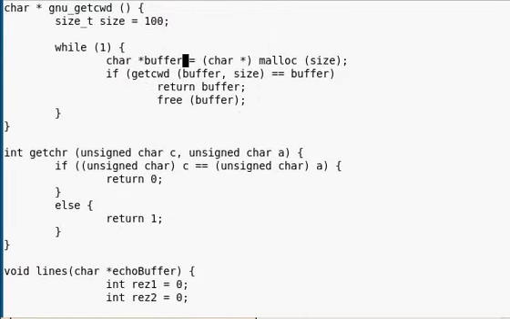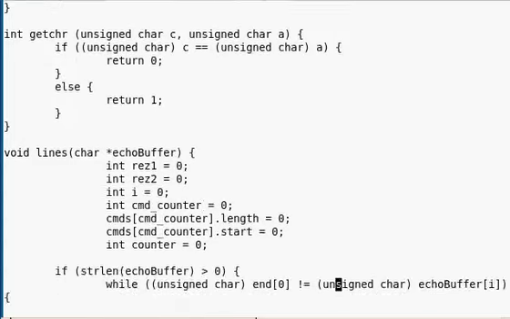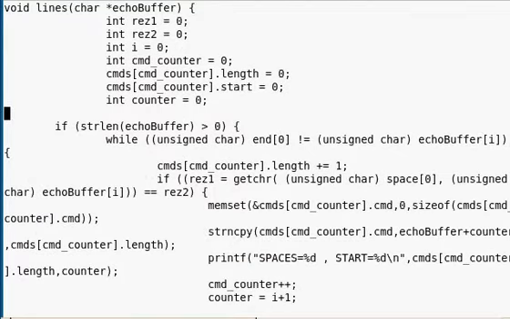This is a routine to get the current working directory. This routine compares two characters, and if they match it returns 0 or else it returns 1. This is a very interesting routine. It compares two characters using the above getChar routine,